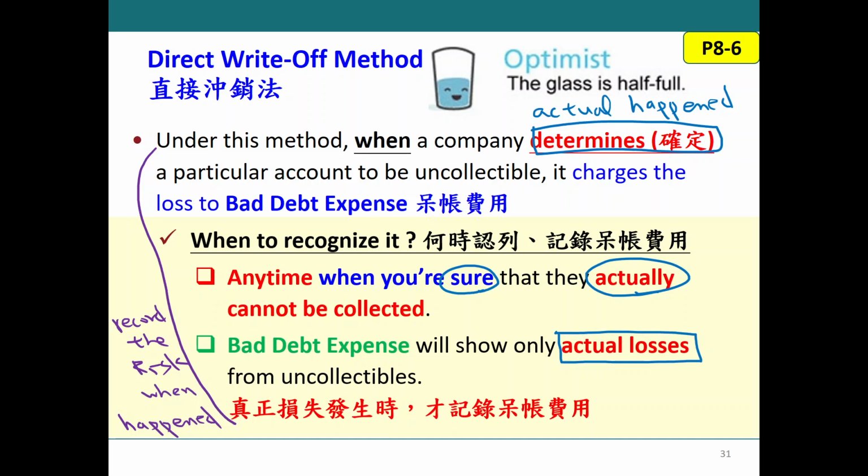Okay, no problem. So based on this concept, could you tell me, when I'm going to prepare the financial statement,